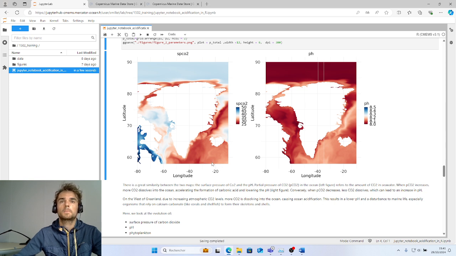Conversely, when the pressure decreases, less CO2 dissolves and the pH increases. So here we have high pressure, so there is a lower pH, so more acidification.